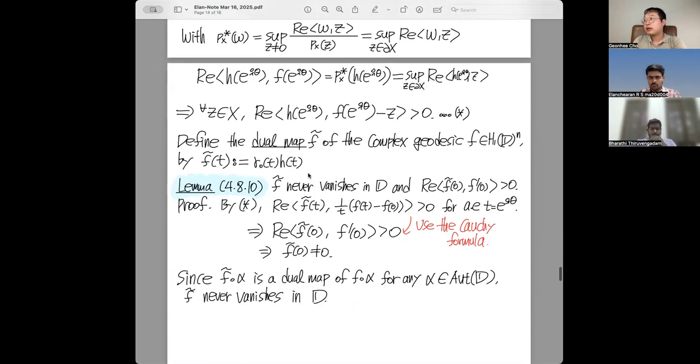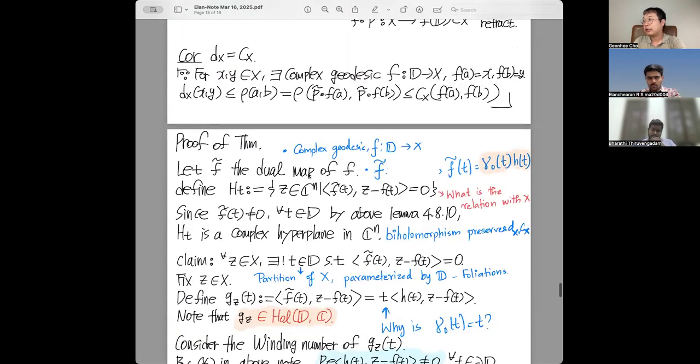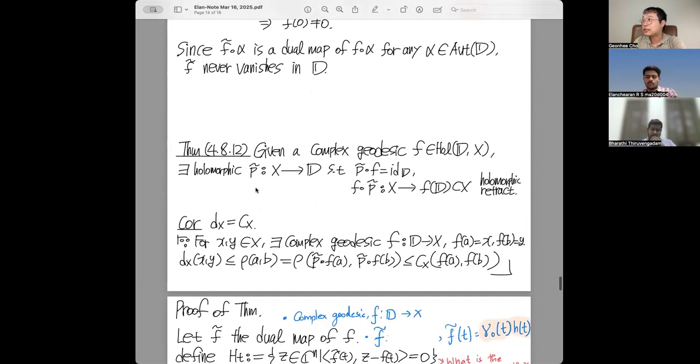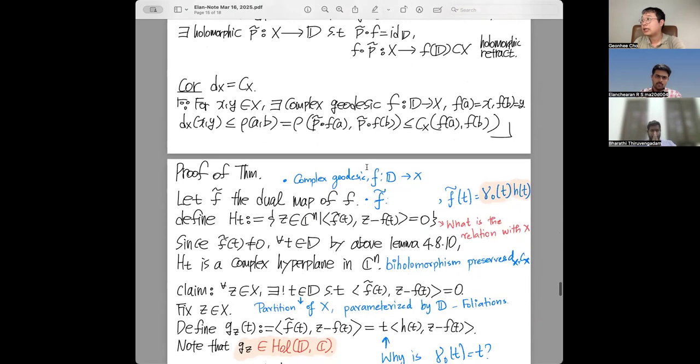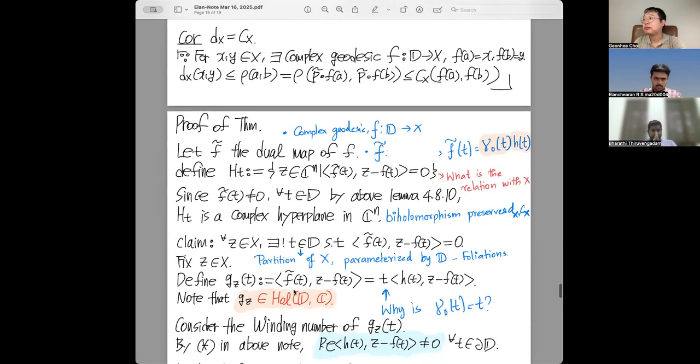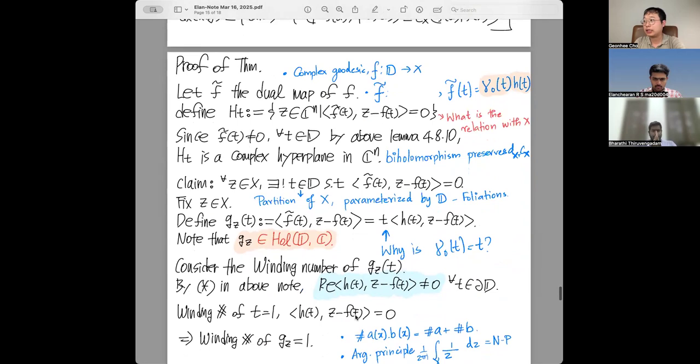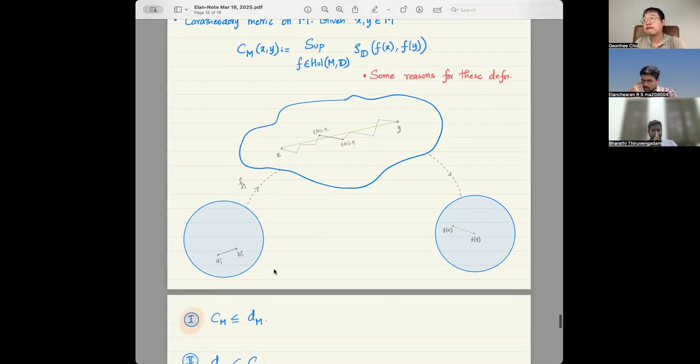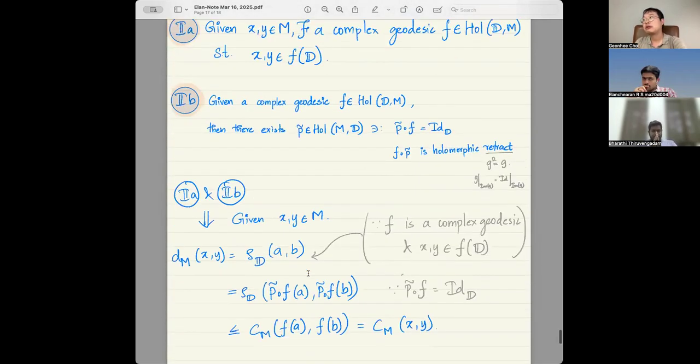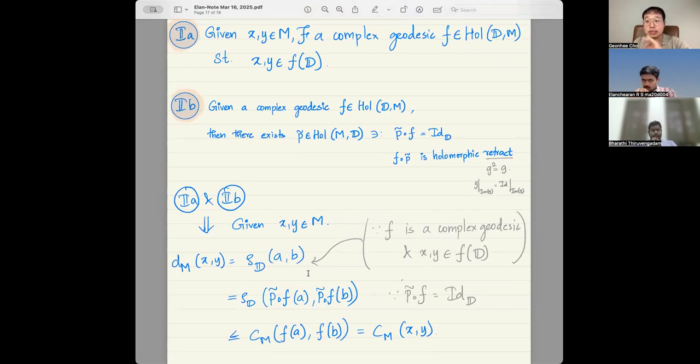The key point of this part is establishing this P tilde, and P tilde comes from this H sub T. It turns out that from the winding number argument, it chooses only one possible zero, and all those settings are just for establishing this winding number information. That gives P tilde. But it uses the convexity significantly, and that should not be a necessary condition, as complex geodesics have also been investigated outside of convex domains.